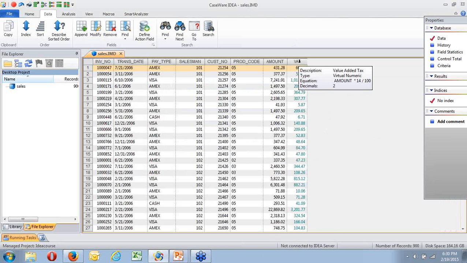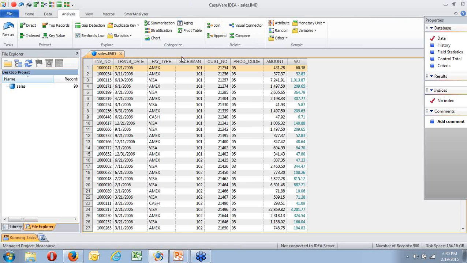Okay. Now if I've got that, then I can say, well, if that percentage is 25% and the product code is that, we have a problem. So now I could go into my analysis and start looking for analysis based on that. So I could, for example, say I want to summarize by product code, but only if that margin is not equal to what it should equal.